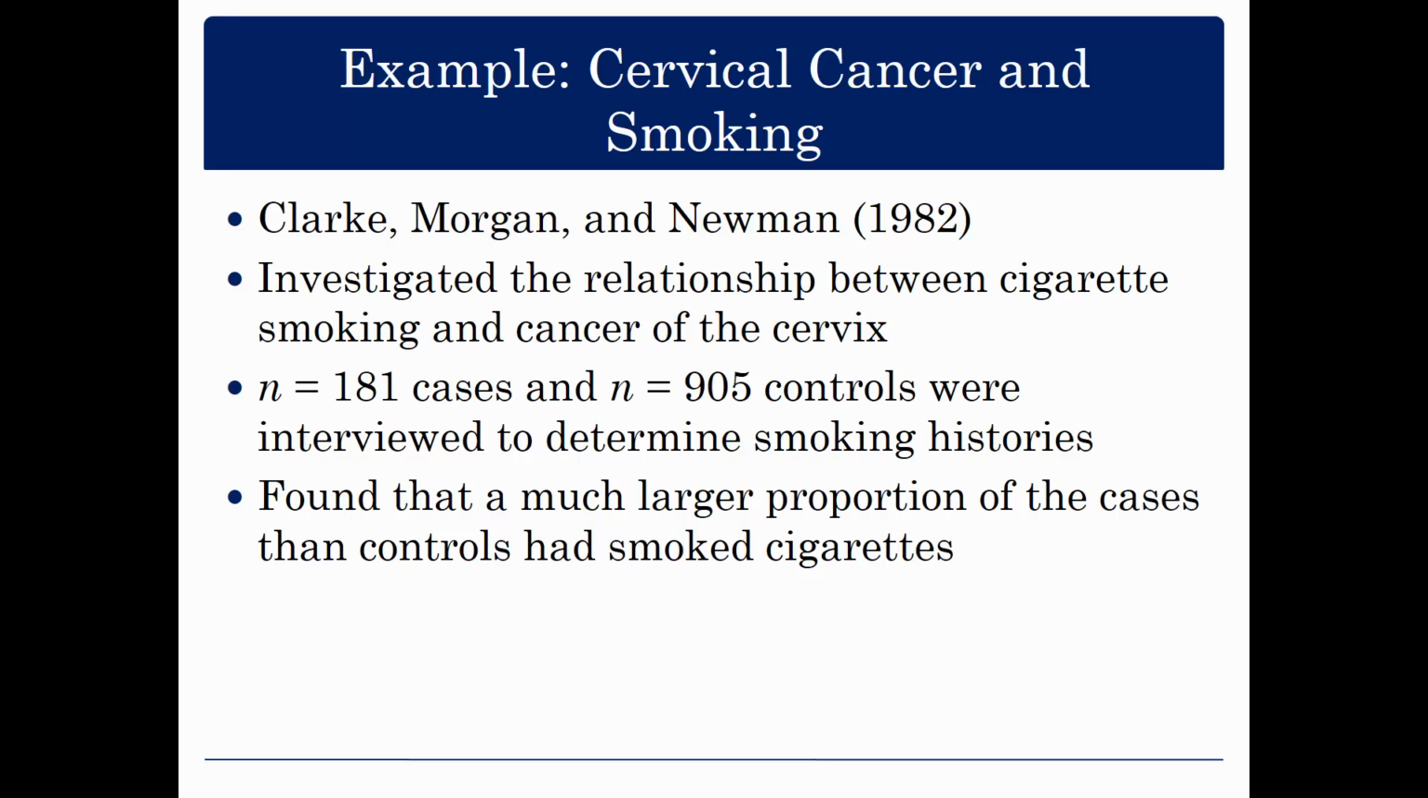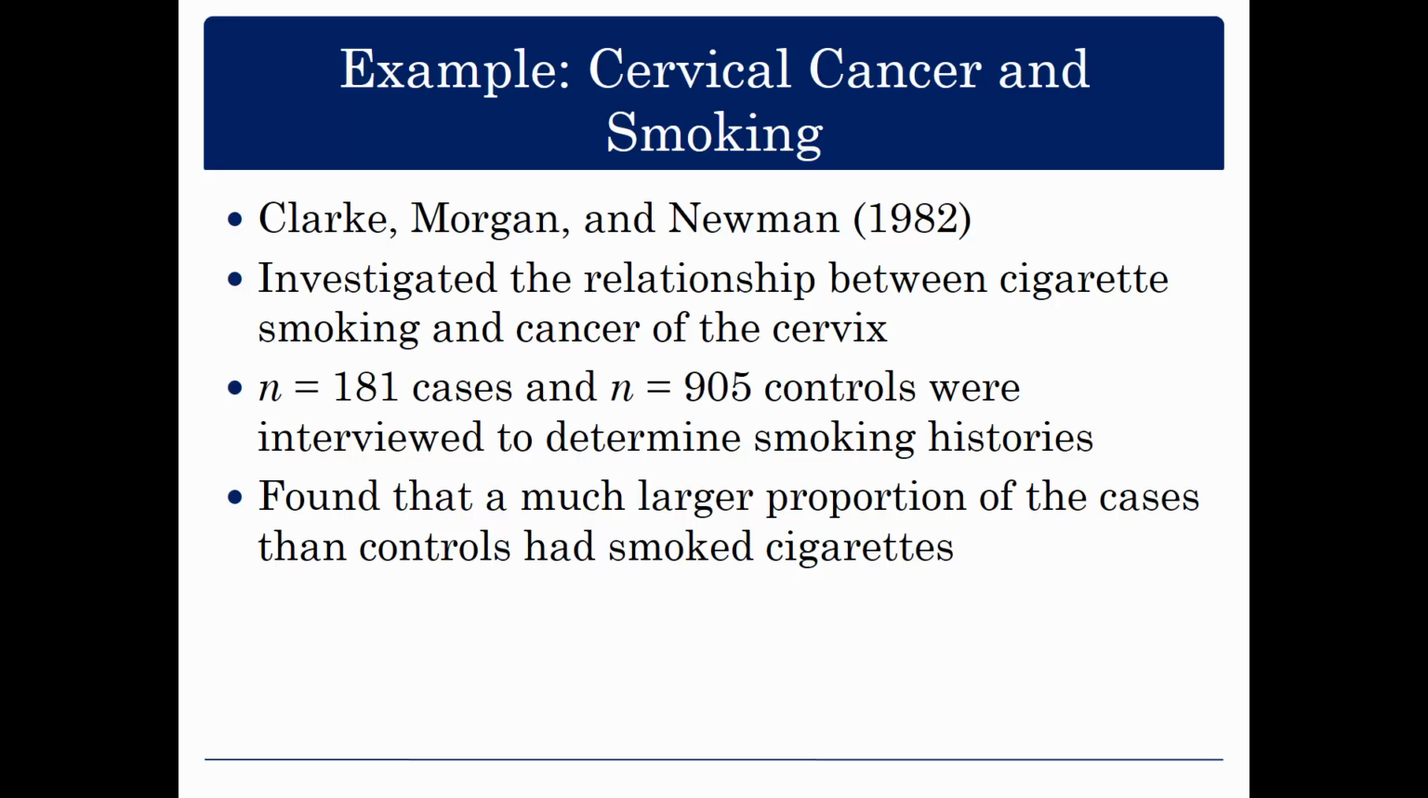An example of this is cervical cancer and smoking. This is a study from 1982. It was designed to investigate the relationship between cigarette smoking and cancer of the cervix. So the study began by identifying 181 cases, individuals who had the disease, and then determining who the controls should be in order to